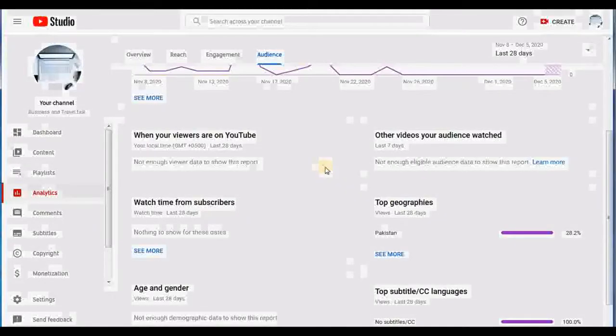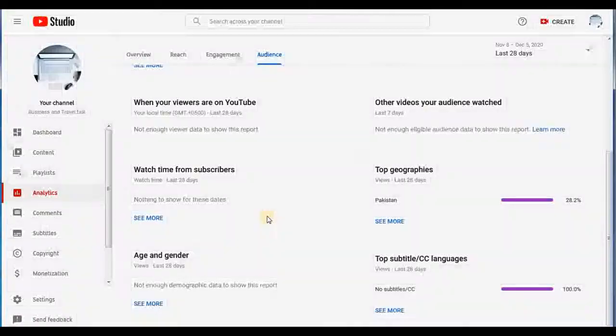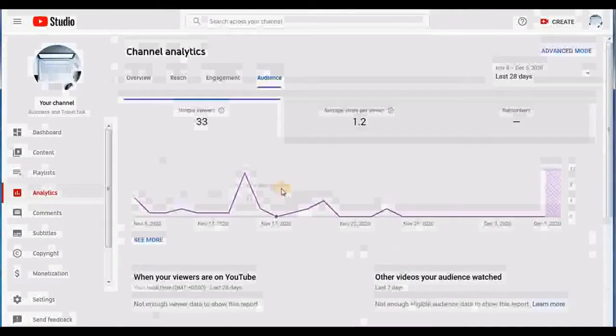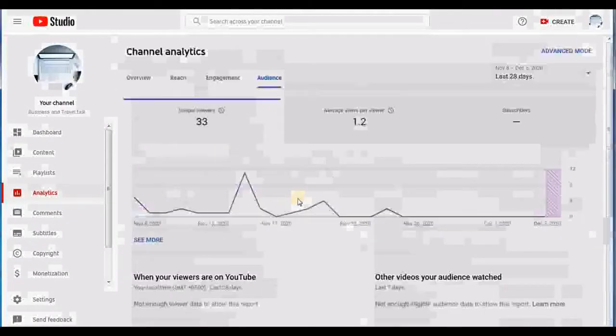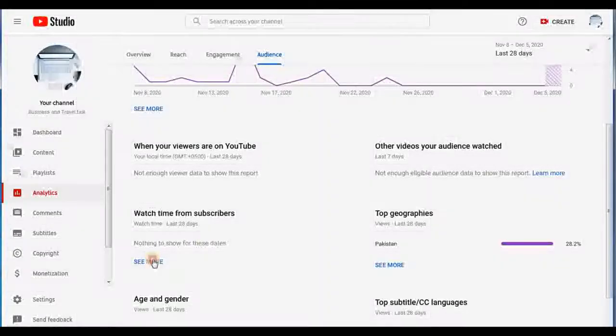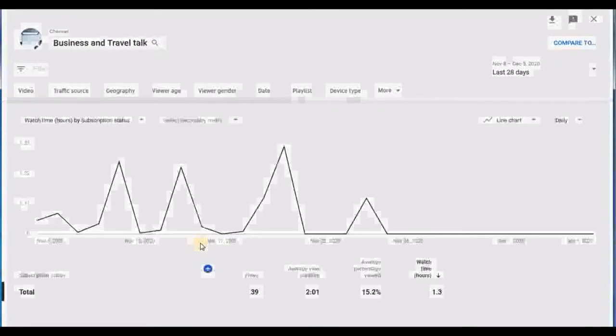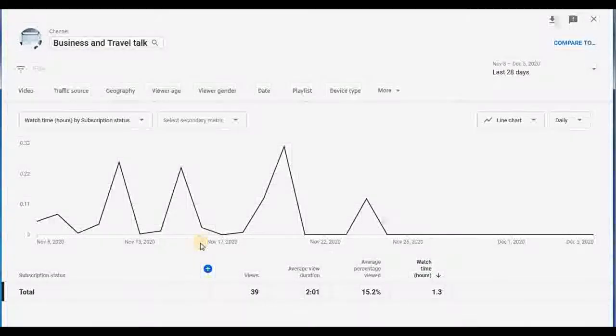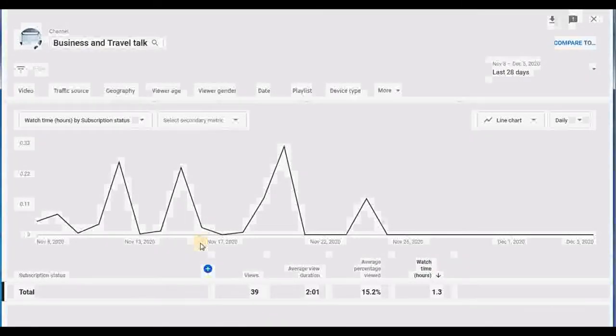On the audience button, it shows you categorically much clearer information. It shows you the true and clear picture about your YouTube channel. When your views are at the top, watch time from subscribers, age, and other YouTube audience, top geographies, and total subtitles in the languages. So if you want to see everything really clearly, you just need to click on this see more button, and it takes you to the main statistics page, where it shows you everything comprehensively and concisely, in a really good layout,